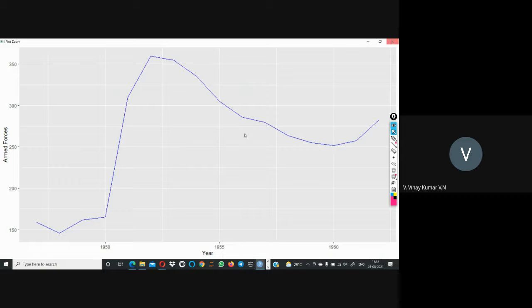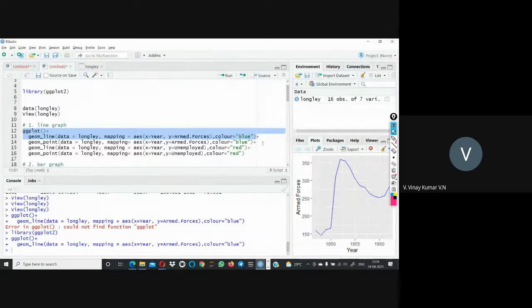In this line graph, I want to know where the points exactly are, because the line was drawn continuously, but we don't know what the point coordinates are. I want to expose the points on that plot. If you want to add some other features to the existing graph, you have to use the plus sign. So here we are using plus.